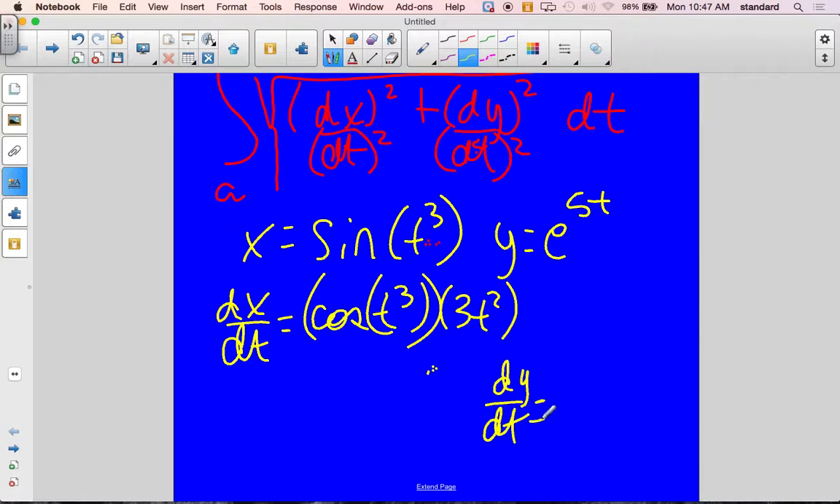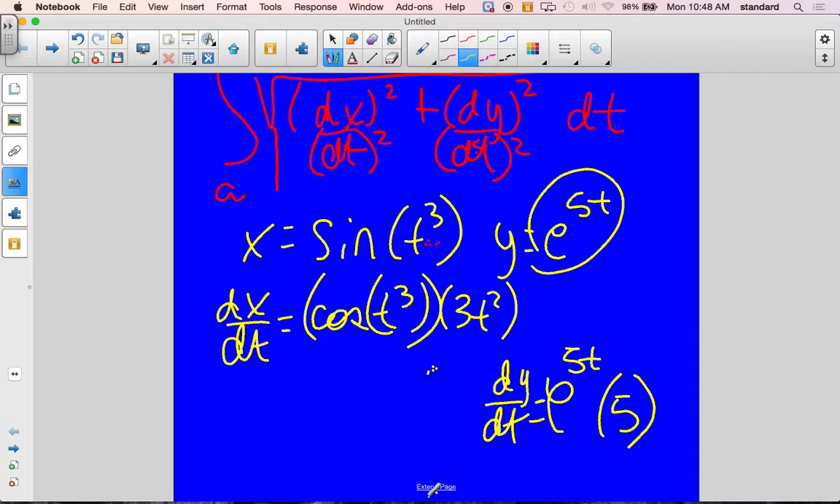dy/dt: the derivative of an exponential function, you always copy it down. Then technically you take ln of the base, but that's just ln e, which is 1. And then the derivative of the exponent, which is 5. And so I'm not really sure how it's written on your paper, but in order to find the arc length